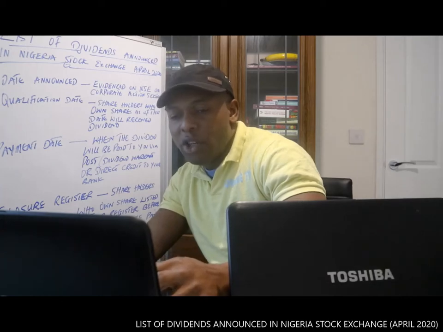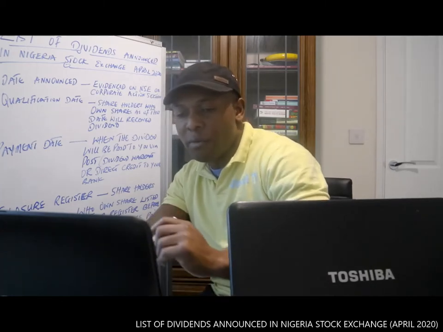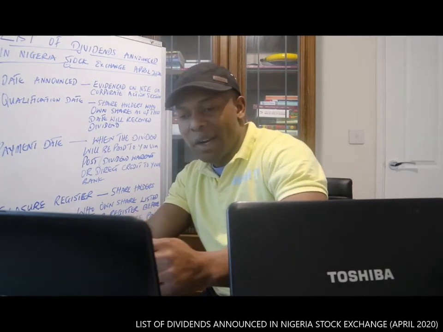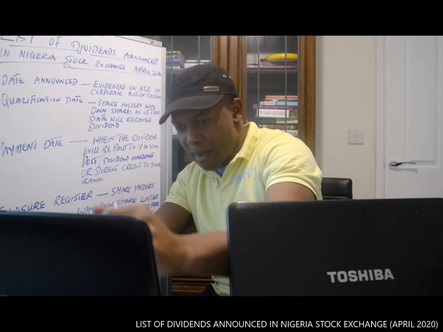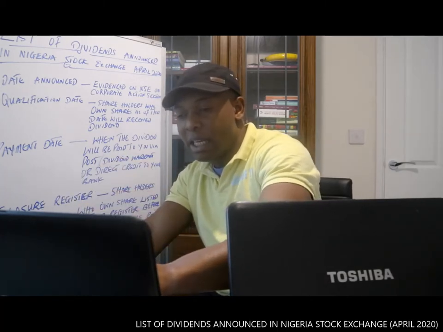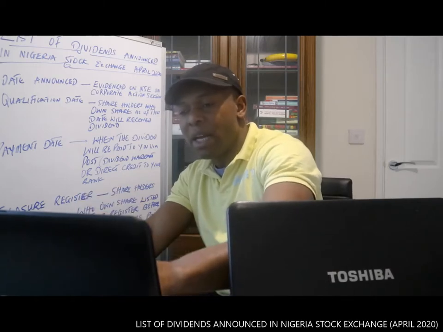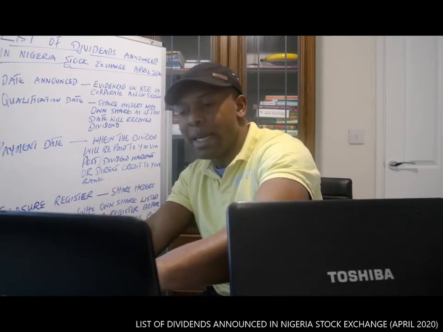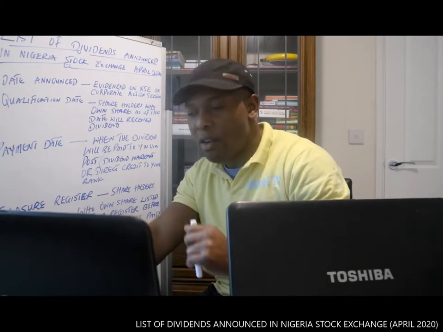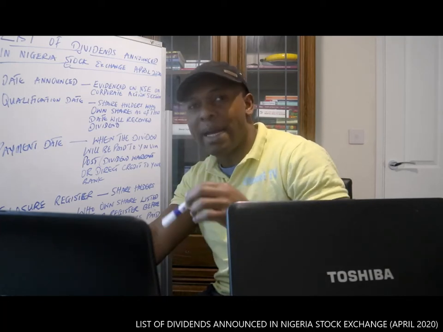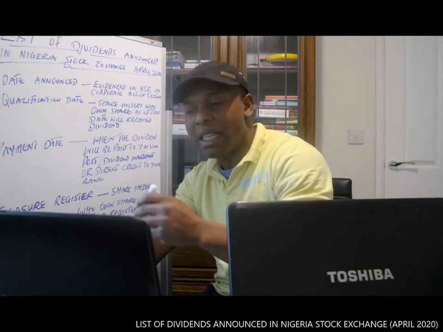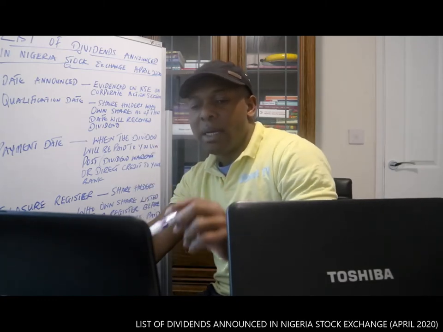The same thing, Nem Insurance declared 15 kobo. They declared it on April 1st. Bonus, nil bonus. Closure of register is 4th to 8th May. They have not announced the annual general meeting at the moment, so it will be announced. The same is applicable to the date for the payment. Okay, qualification date is 30th April. So by 30th of April, you need to have bought that share. Otherwise, after 30th of April, you will not qualify to receive that dividend. Okay, I hope I'm making sense. The same thing to